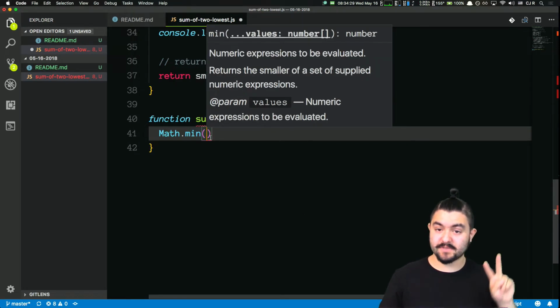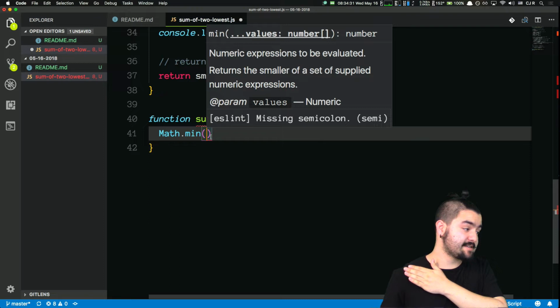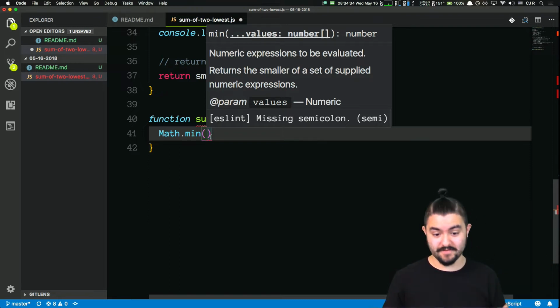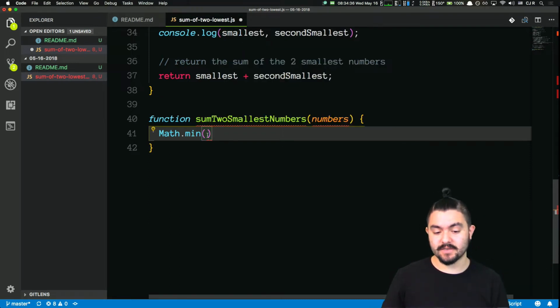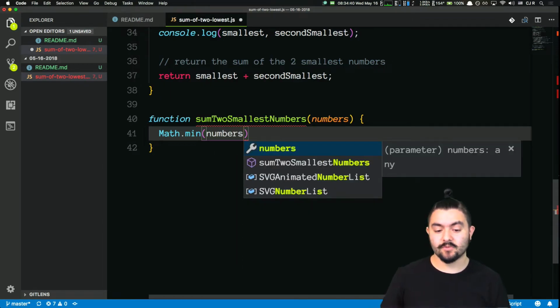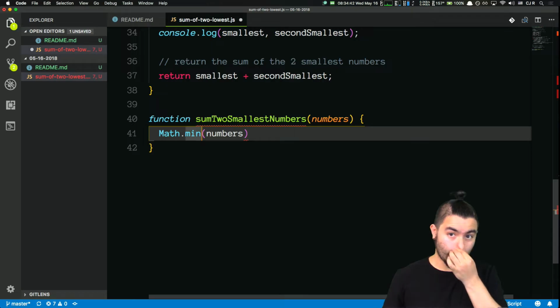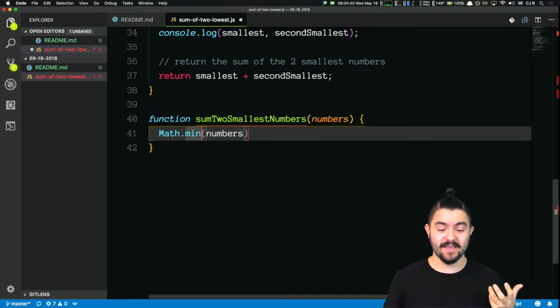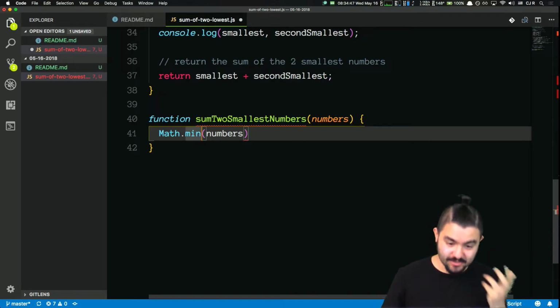This accepts two numbers, or actually it accepts any number of numbers. So one thing we can do is we can't just pass in numbers because numbers is an array. So one thing we can do is we can call or apply this array of numbers as arguments to this function. So if I do